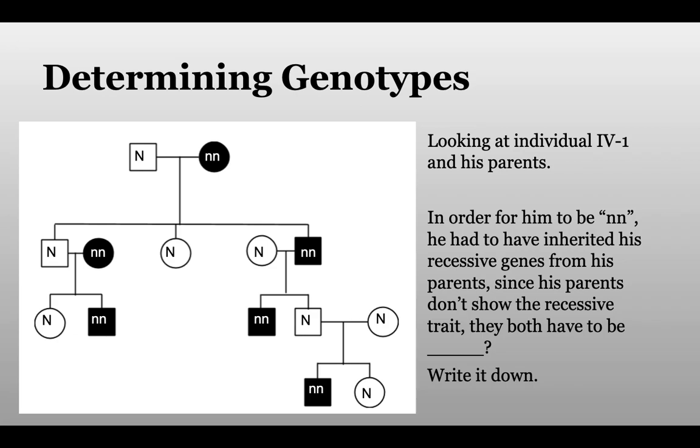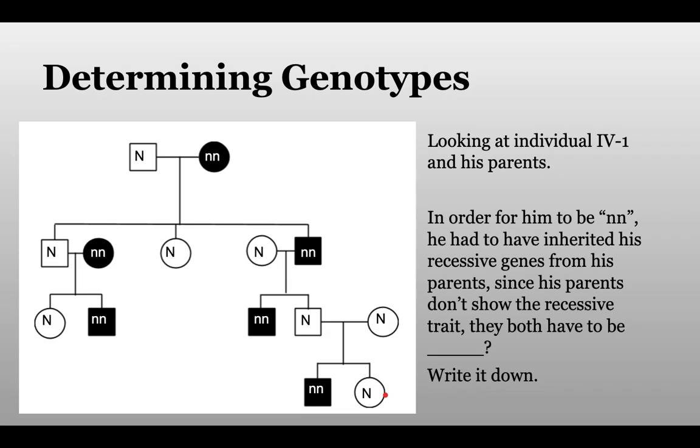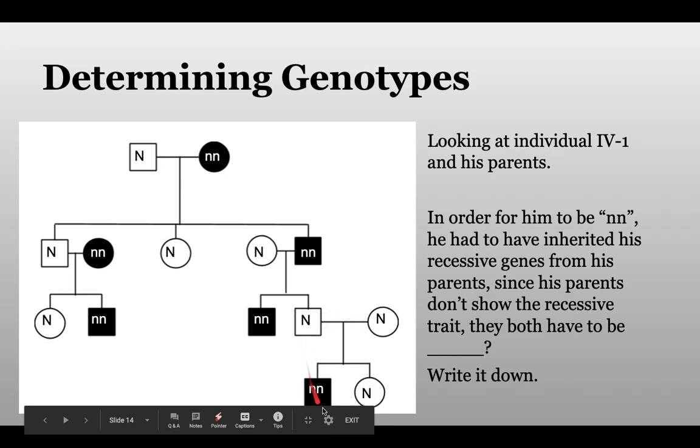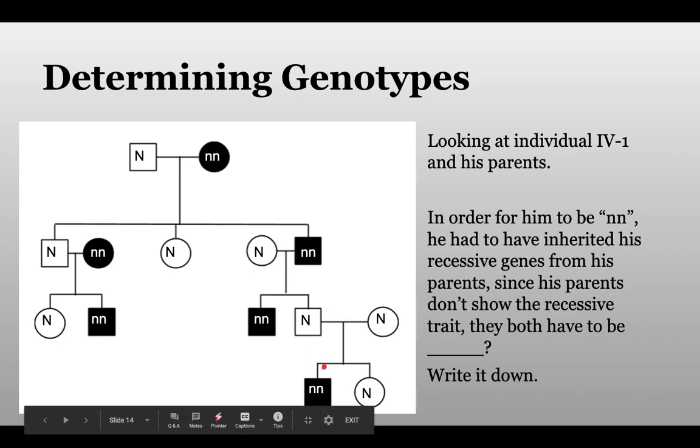There's 2 ways to do this. You can either start at the very top or at the very bottom. So we're going to start at the very bottom, looking at generation 4, number 1 and his parents. So we're going to look at this family right here. In order for these 2 parents to have a child that has lowercase, that means that they each have to have a lowercase to give. If either one of these had a capital, then they would give that capital to this child. So we know that they both need to be